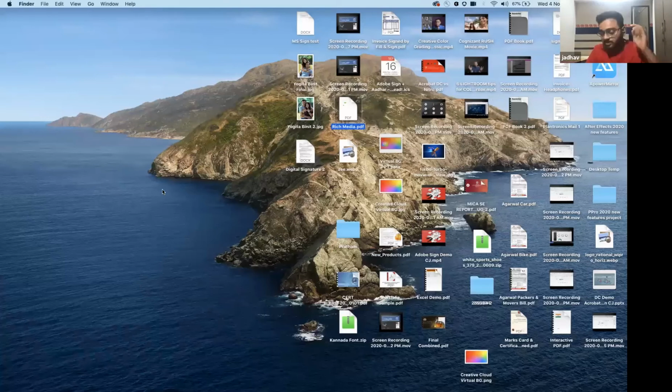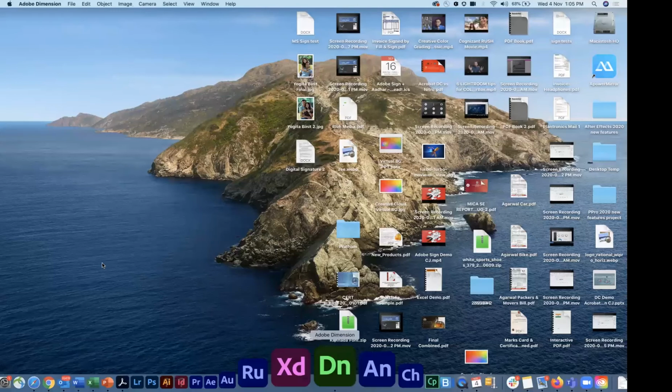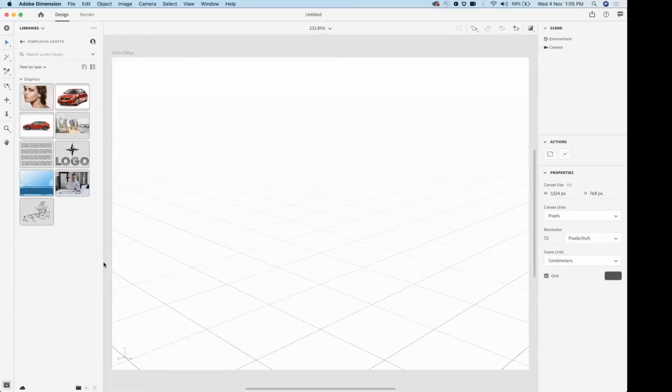Okay, before I go to Dimension, there is another product for iPad. We have got Adobe Rush for iPad. Sir, is there any render solution? Actually, video is making okay, but it's taking a very long time for rendering, and also the file is too big. This is a problem we are facing in Adobe After Effects and Adobe Premiere Pro. Any specified settings? Because when we are rendering a half an hour video, its render output file is around 120 GB, 130 GB.